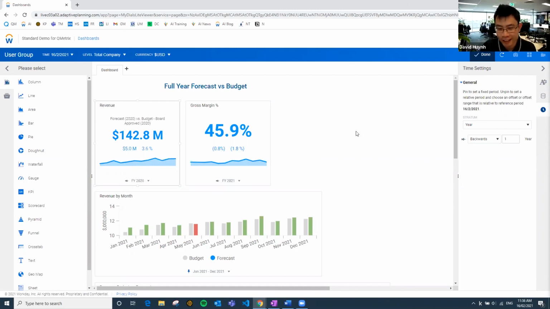Excellent. And just one more, from Cassandra: can you add other filters to toggle by on the dashboard? So just those context filters that you can add. Yeah, sure. So by default, you've got time, level, and currency. You can't get rid of these, but you can add to it. It's a really well hidden feature, to be honest. It takes a while to find how to add some more options up in this toolbar.